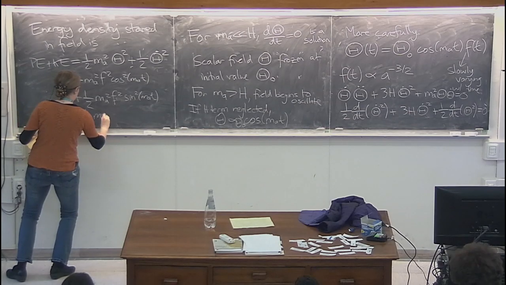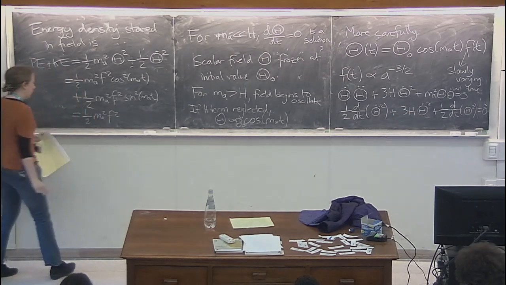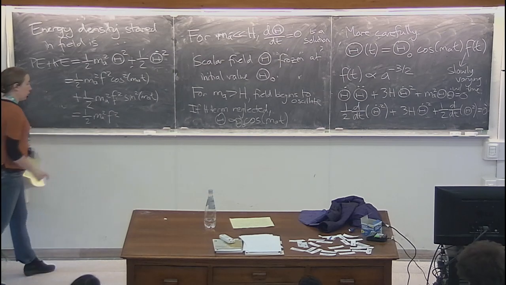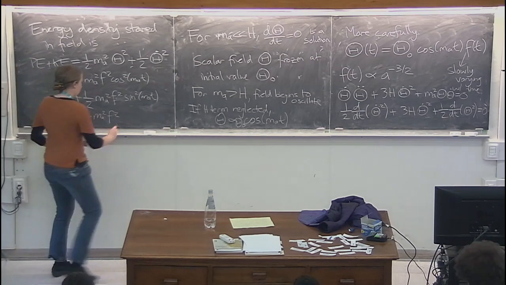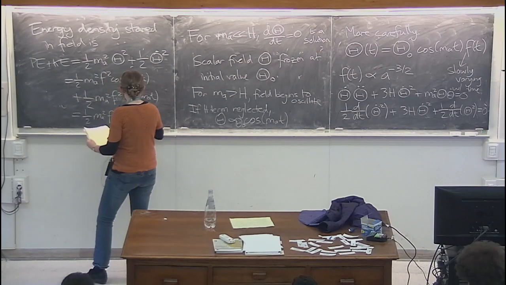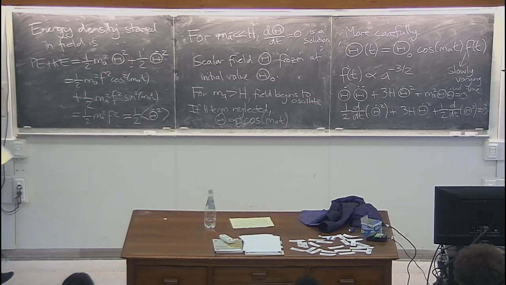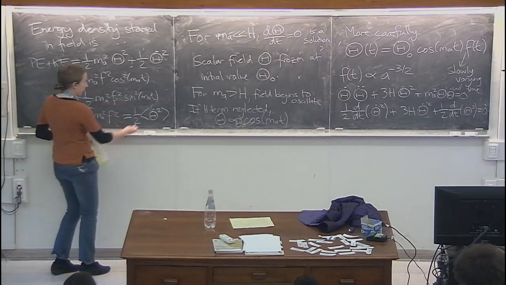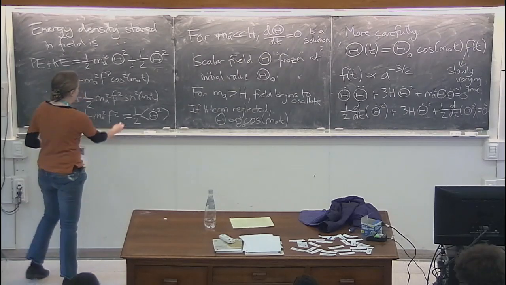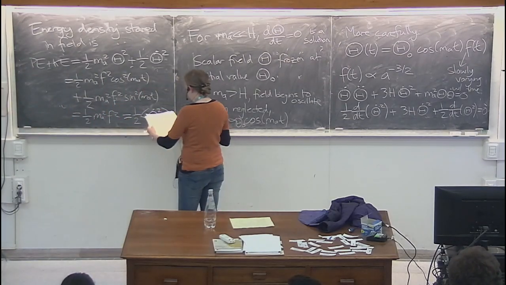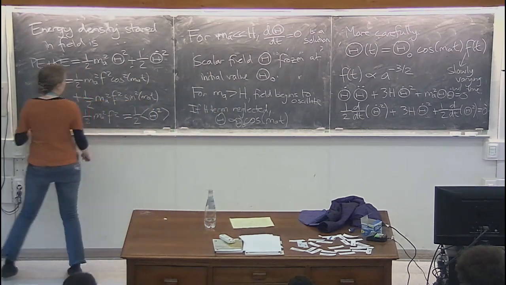We can write this just in terms of the expectation value of the square of this derivative. We could also have written it in terms of the expectation value of the field itself, because to the degree that we can drop the derivatives of f, this is also just approximately equal to